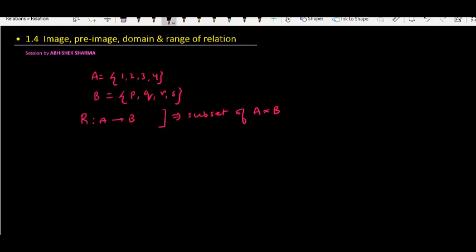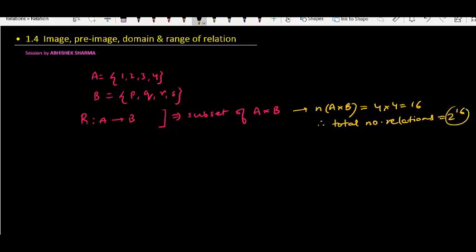The total number of subsets of A cross B, we'll learn this formula: the total number of elements in A cross B will be equal to 4 into 4, which is 16. And therefore the total number of relations that I can form will be equal to 2 to the power 16. So out of these 2 to the power 16, let's say I define a relation